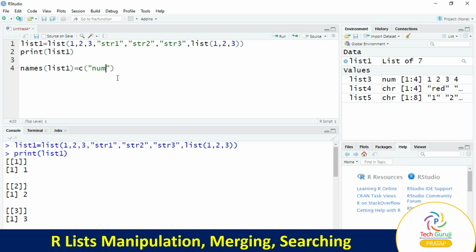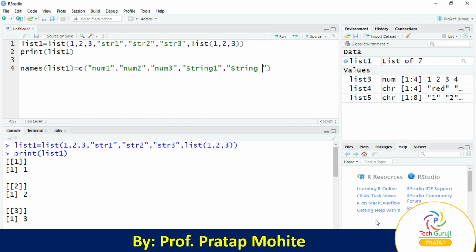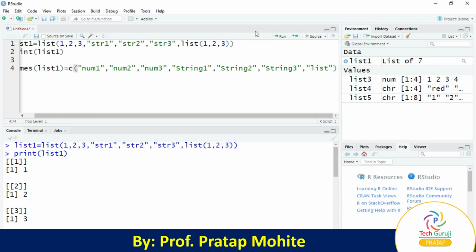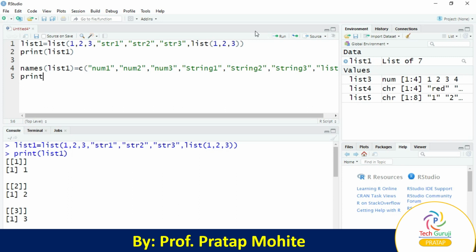The first is num1, num2, comma, num3, comma, string1, string2, comma, string3, comma, list. We'll just print list1, select the last 2 lines, click on run.